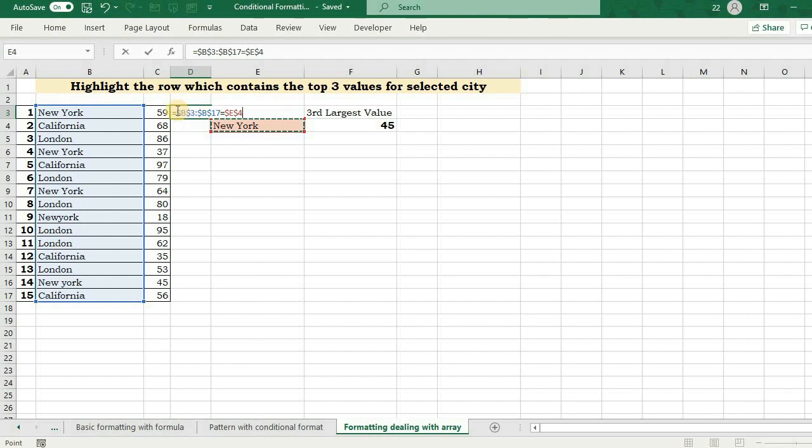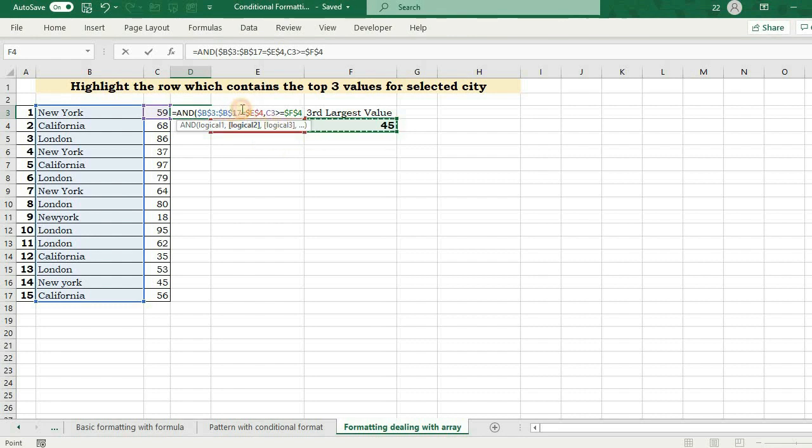and along with this test, if this value is greater than or equal to this value, press function key F4.